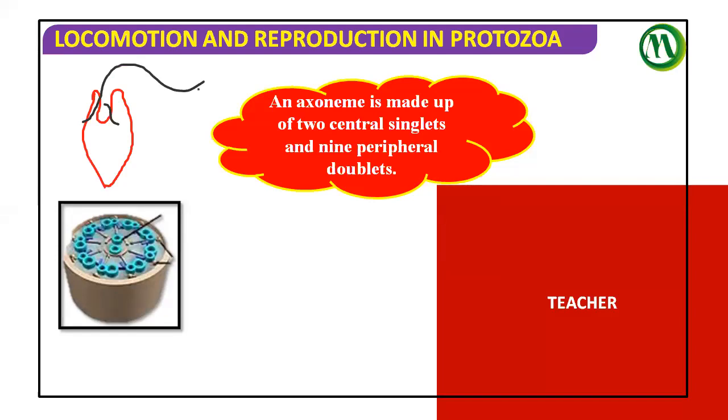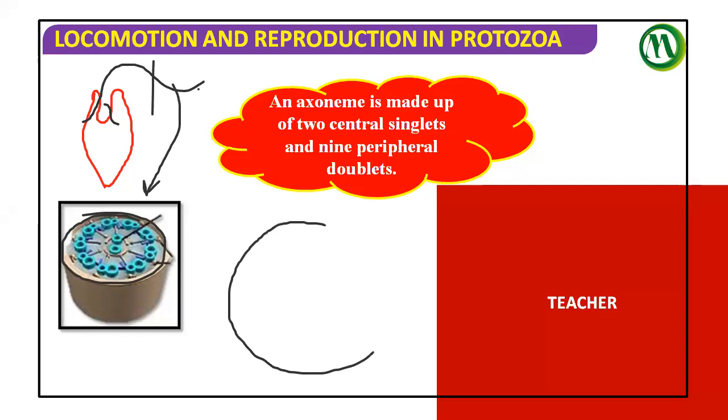This flagellum is what you observe in the microscopic view. If we cut somewhere and look, it seems to be like this. Let me show you that area clearly. This is the axoneme, the transverse section of the axoneme. In the transverse section, you can see two central singlets, and nine peripheral microtubular doublets are present.